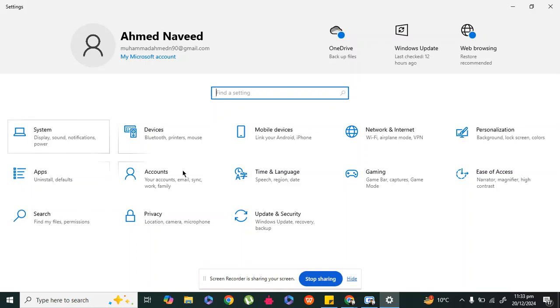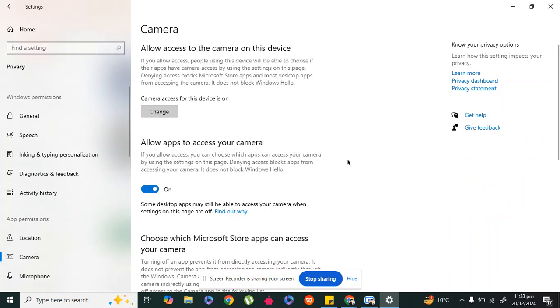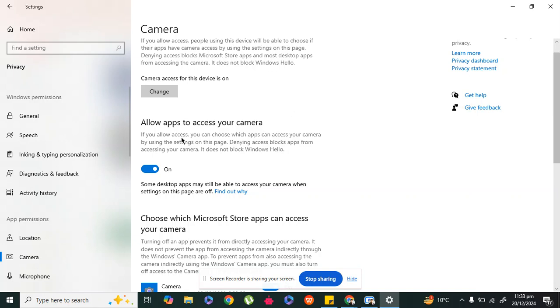In Settings, you have to find your camera's location. Here it is, in Privacy, under Location, Camera, Microphone. So I just click on it, and here I have to find, yeah, behind Location, here is my option, Camera. I click on it, and here firstly I have to check whether this option is